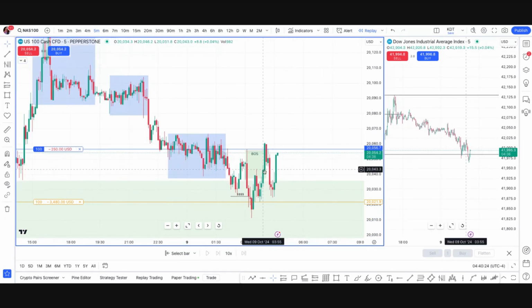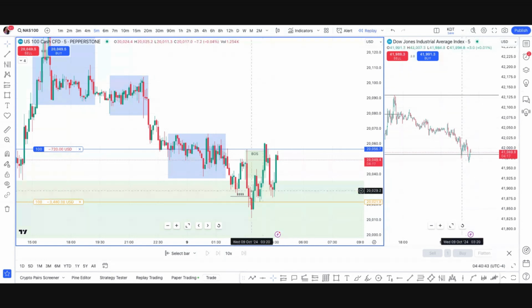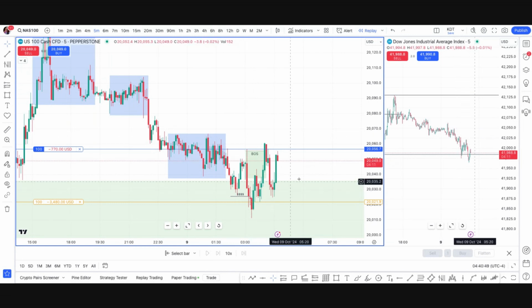Just as a note for yourself, usually when we have two zones that's protecting an area, you don't want to see it go through more than two. You could be safe and cover three, so it would be two candles on the downside, one gap, and an SPR. You could be safe and cover three, but I normally just cover two. So by the time it's gone through two, it usually means that you've actually got it wrong. Right? Might go through one to reach another one, but gone through two means you usually got it wrong. So we're